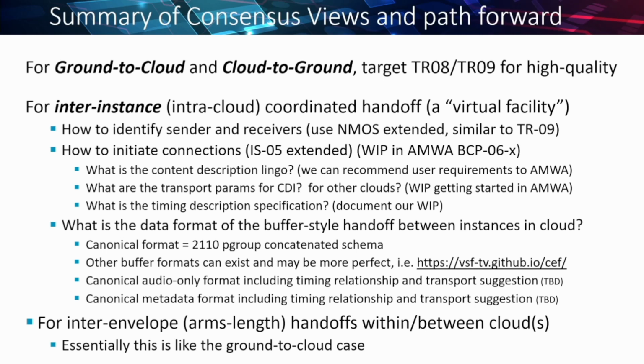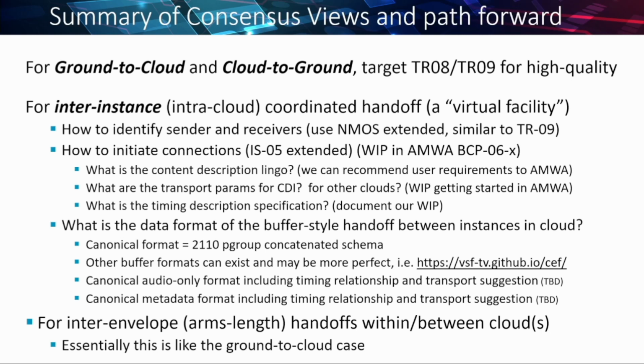So for the case where you're handing off data between instances within a cloud, because that's the hard one, right? The first one, when you're going ground to cloud and cloud to ground, that work is pretty much done. VSF TR-08 and TR-09 give you a path to do that. It's well defined. It's defined all the way down to the bottom of the network. For the inter-instance case, where you're trying to coordinate between processes within a cloud,